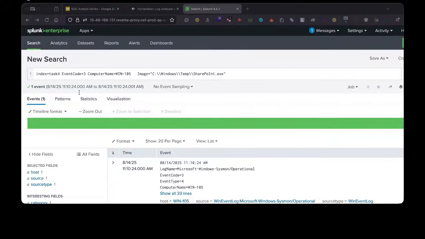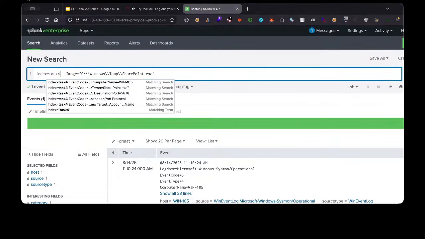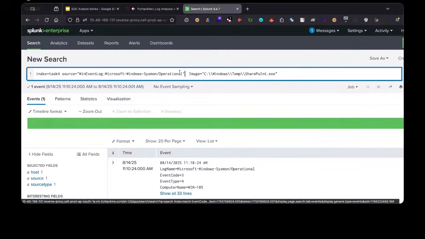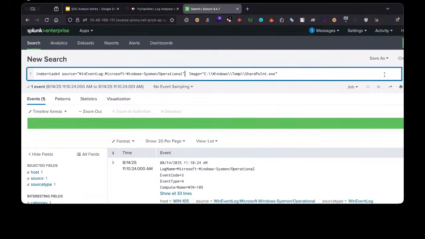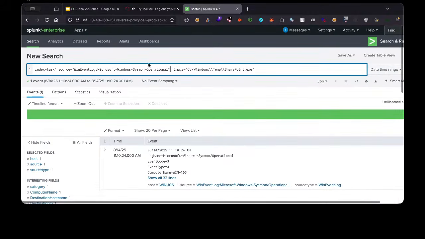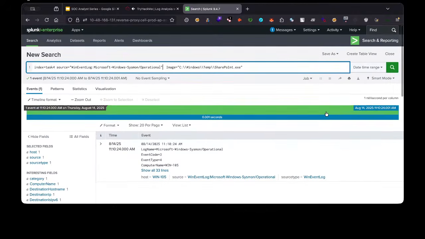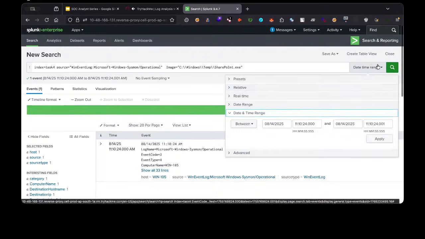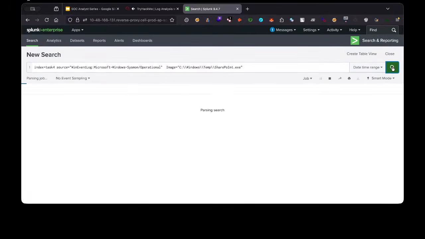I'm going to change the source type for this one. Because we have the process name, so checking by adding a source type. So the source is Windows Event, Microsoft Windows Sysmon operational. And then if I search with apply,